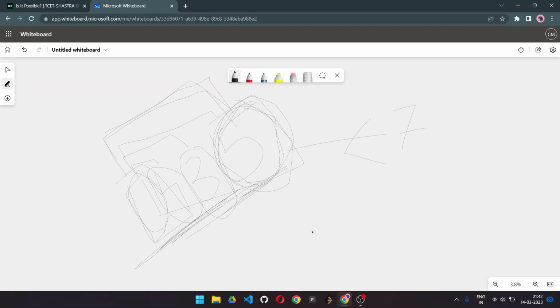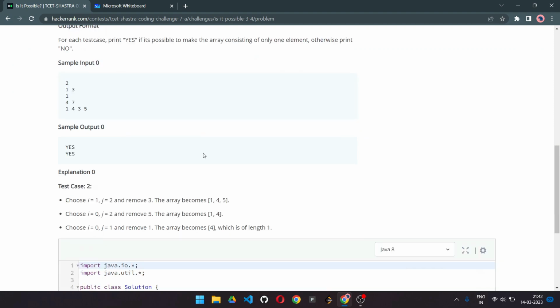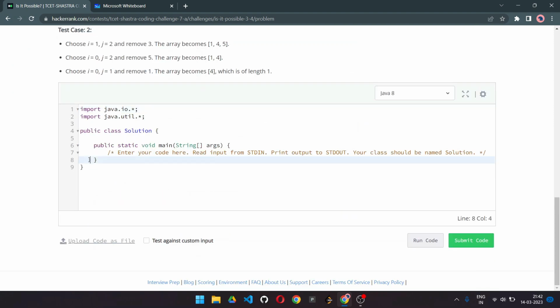So here we have concluded three things. We have to sort the array, we have to see whether the sum of the first element and last element is less than k or not. If it is, then we are going to print a yes, otherwise a no. Okay, so let's try to solve it out. Here we have been told to take the standard input output format. So in Java we have Scanner,